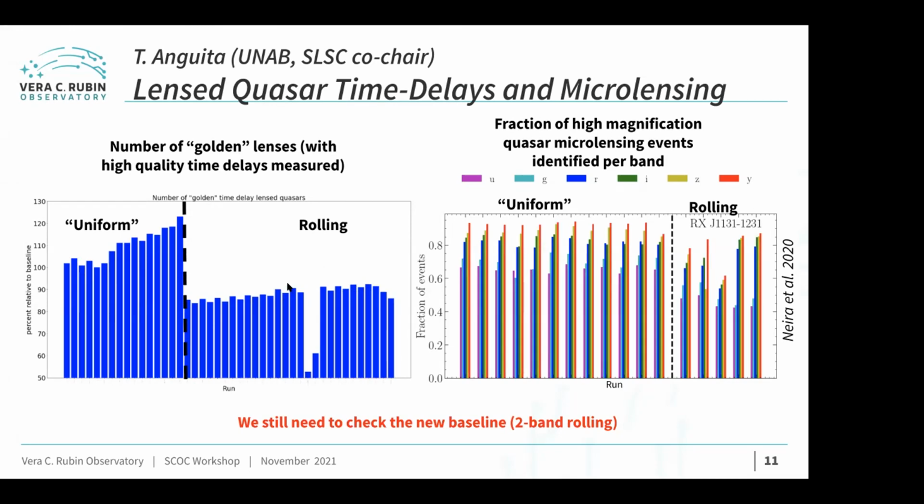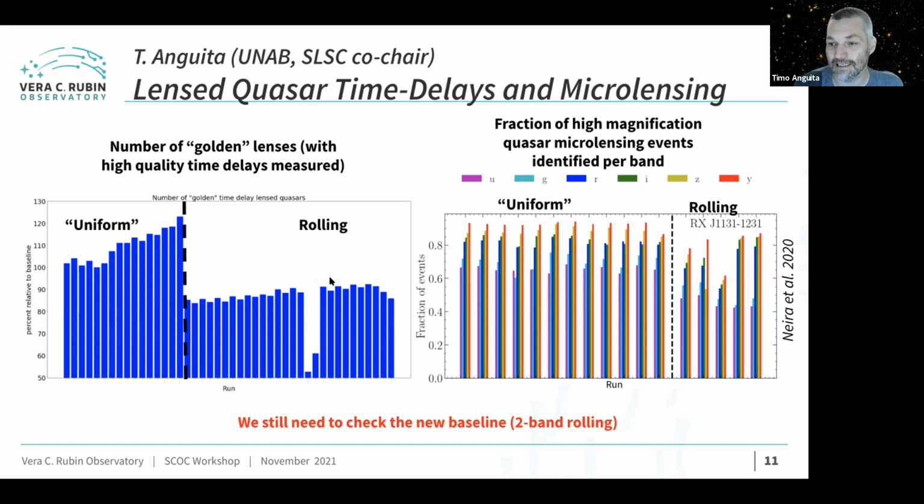These are the old simulations. These are the minion simulations. I don't know if you remember this. And you can also see the same thing. What we're seeing here is the fraction of events that LSST is going to be able to see in one particular lens quasar, the same one that I'm showing you there, a sort of typical lens quasar, and it's separated by band. So you can see that redder bands that come from a larger accretion disk size are generally longer in timescales, so are easier to find, okay?